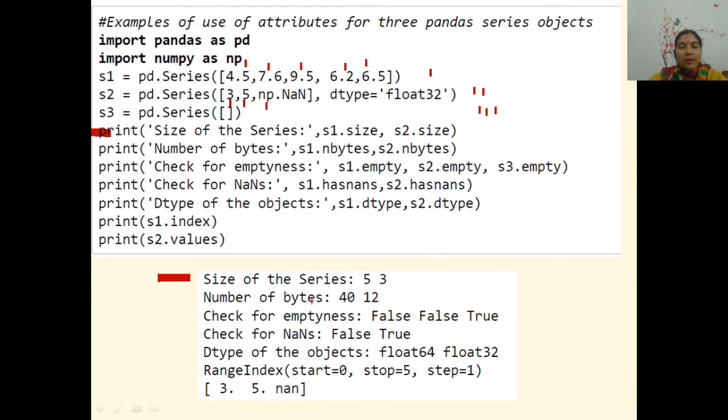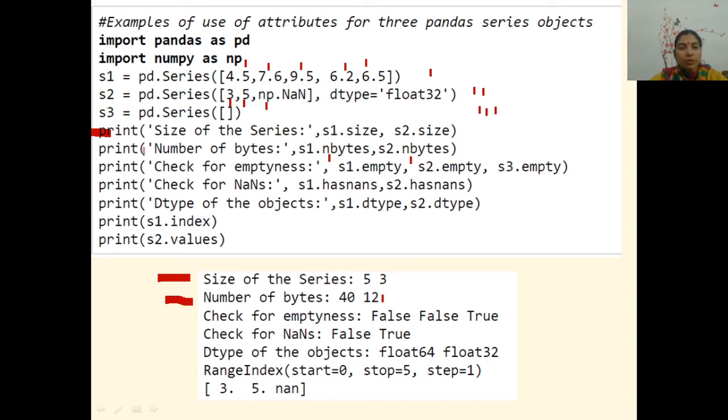Bytes stored by the series: S1.nbytes and S2.nbytes. I am getting 40. These are floats of 5 length, 8 into 5 is 40. And here we have 3 values, and they are of type float32. That means the size in bytes for each element is 4 bytes, so it is 12.